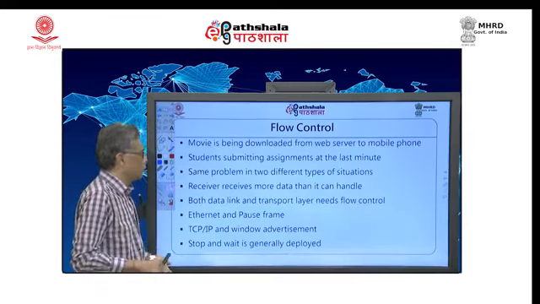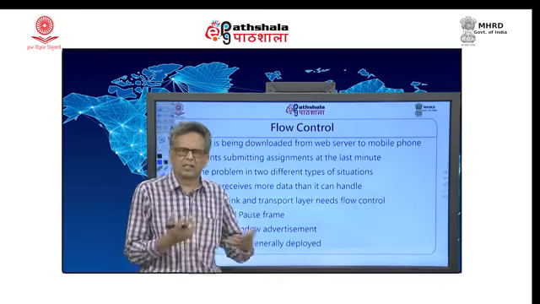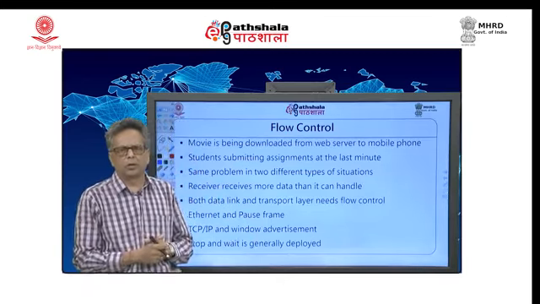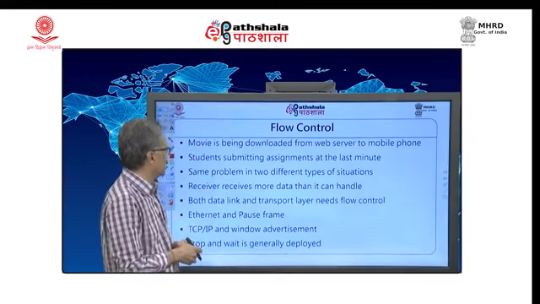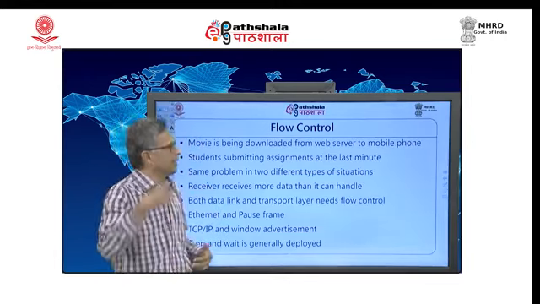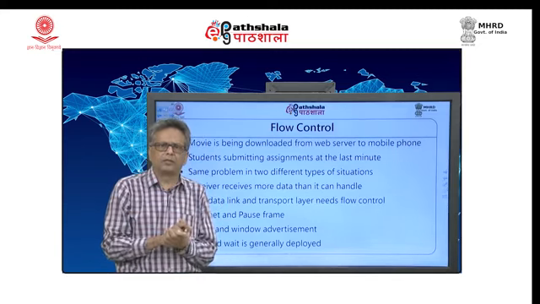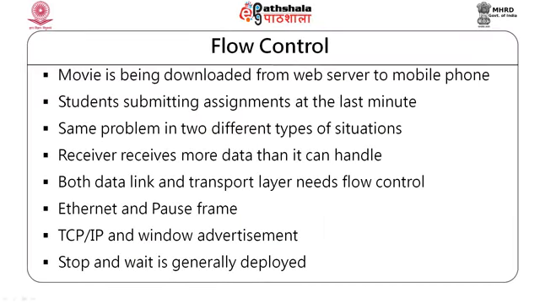this thing. Flow control is one more thing which I discussed earlier. I am just going to recap what is flow control, how flow control happens at this layer. There are two cases: a movie is being downloaded from a web server to mobile. My mobile is not all that fast. So, the fast sender, slow receiver is one problem. As all of the students started submitting the assignment at the last moment, the server is capable of handling it, but when all students do it together, the combined input coming to that is too much for the web server to handle. Basically, this is a problem called flow control, which requires it to be managed.